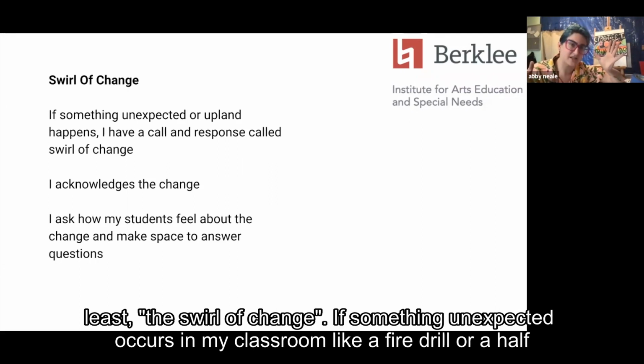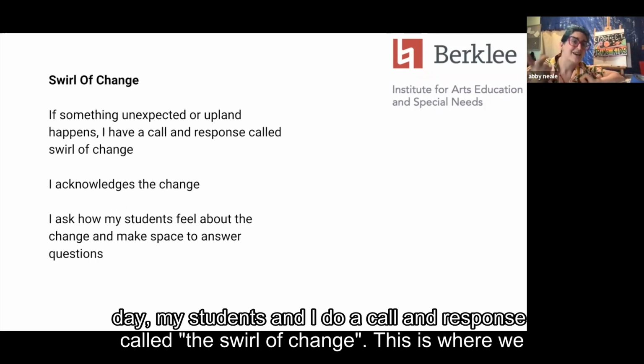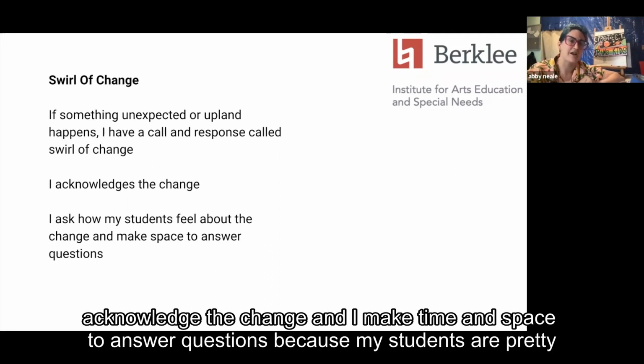Last but not least, the swirl of change. If something unexpected occurs in my classroom, like a fire drill or a half day, my students and I do a class response called the swirl of change. This is where we acknowledge the change, and I make time and space to answer questions because my students are